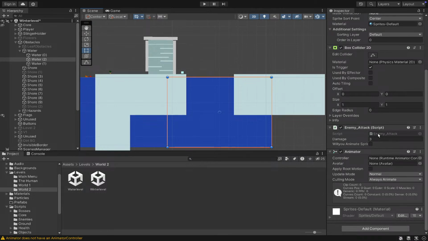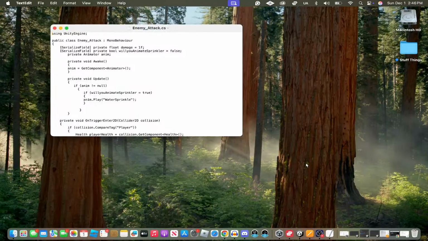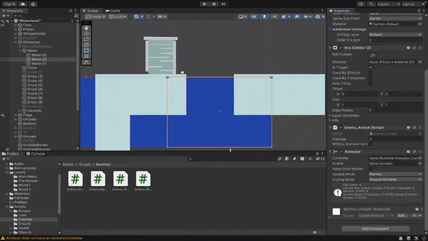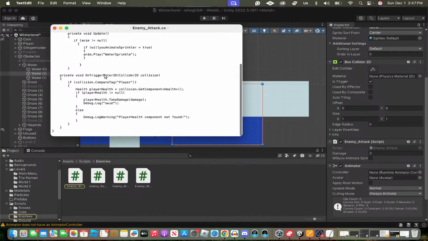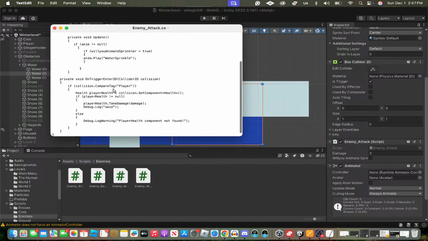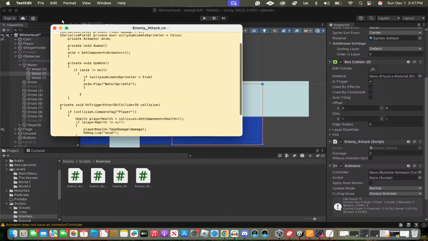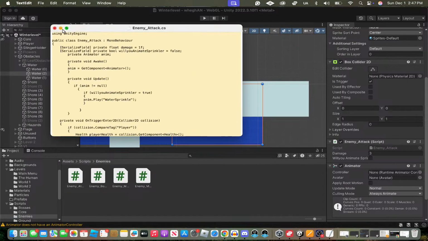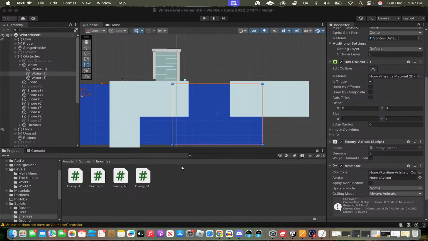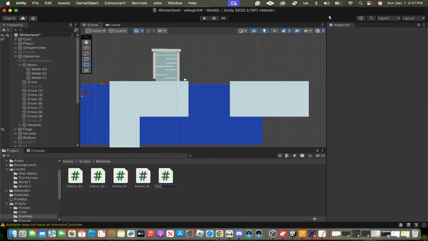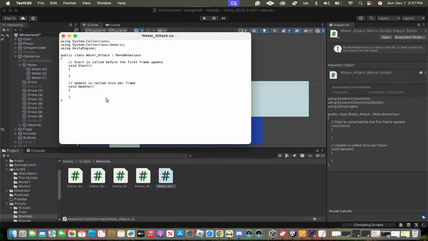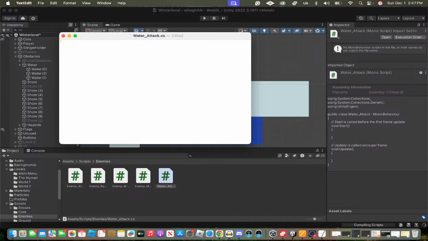And then instead of enemy attack, I'm going to copy all of this and then make a new script called water attack. And then what I'm going to do is I'm going to make an on collision that just tells